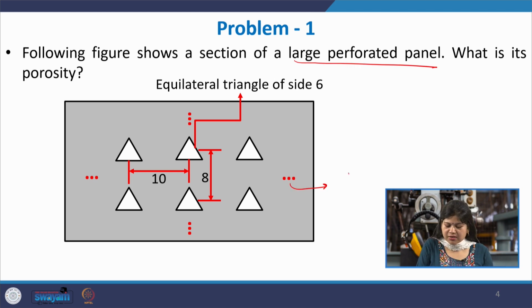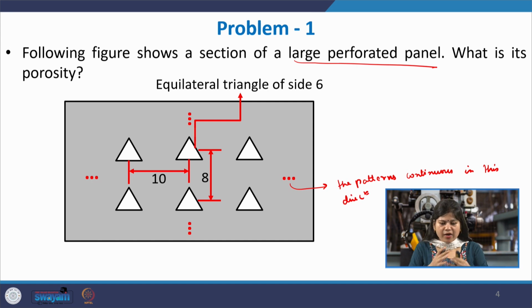This means that the pattern continues in all four directions, as in we have a very large two-dimensional perforated panel, and a small section of it is given in this figure. What you see is that the perforations are equilateral triangles of side 6,